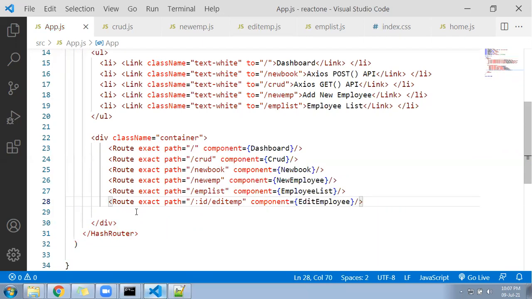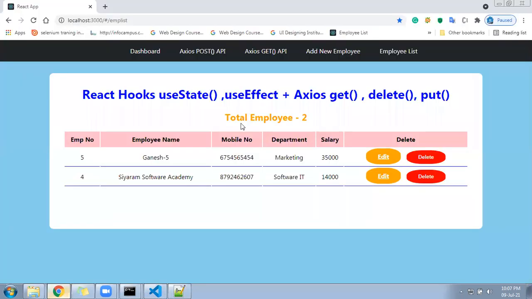Okay, so you saw what I did. I created a component, that component I called here, but here I am adding :id and editemp. What is this :id? This :id is going to act as a variable. So look here, I'll show you what is happening. Look into this file. When I click on this link, you can look into the URL.